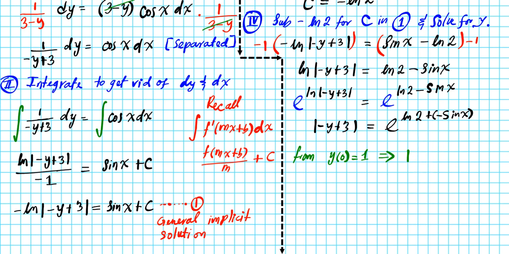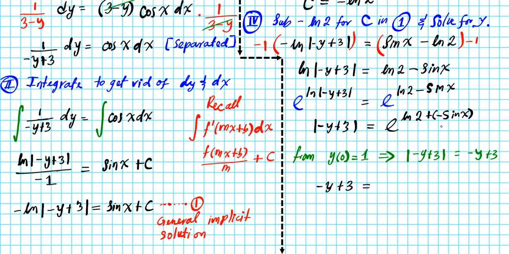So negative y plus 3 is going to be positive. On the AP exam, they always take the positive side of the solution. That's a standard. So if we apply that fact here, we'll have negative y plus 3